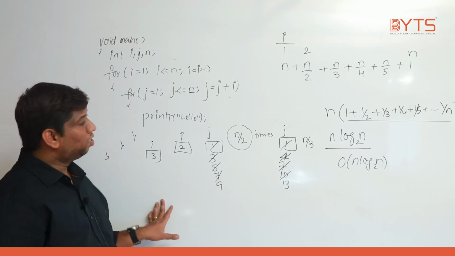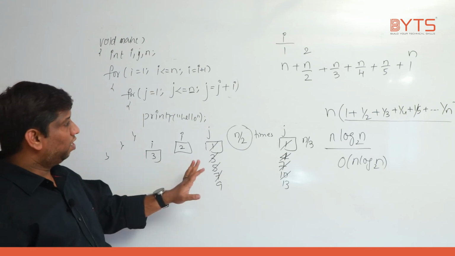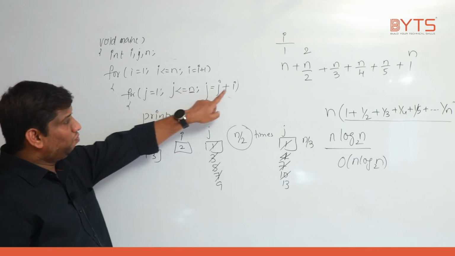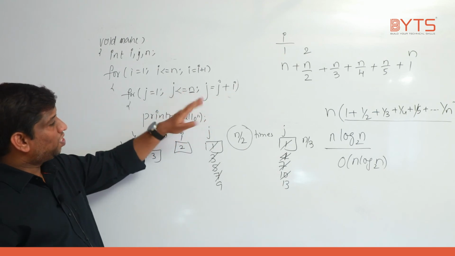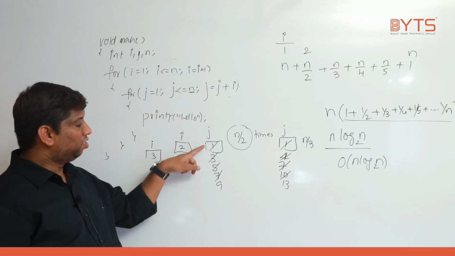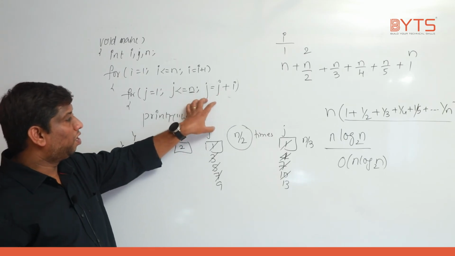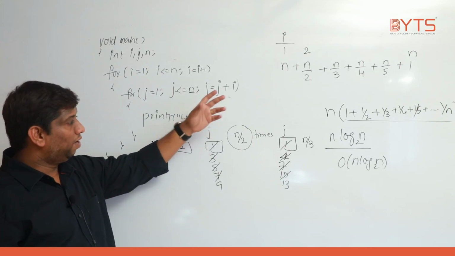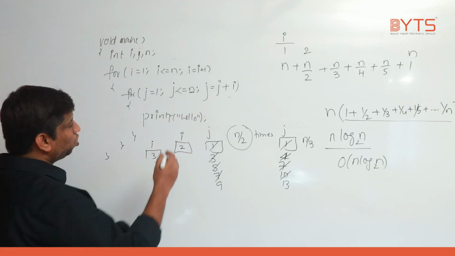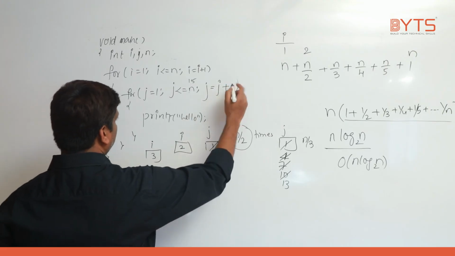Very important this is. You need to know how the inner loop is running. See, if i value is 2, this loop is exactly divided into 2 times, because every time we are incrementing the j value by 2, 2, 2, 2. If i value is 3, this loop is repeated how many times? n by 3 times. Why? Even if you want, you can substitute something so that you will get clarity. Let us take n value is 15 and here it is 3.